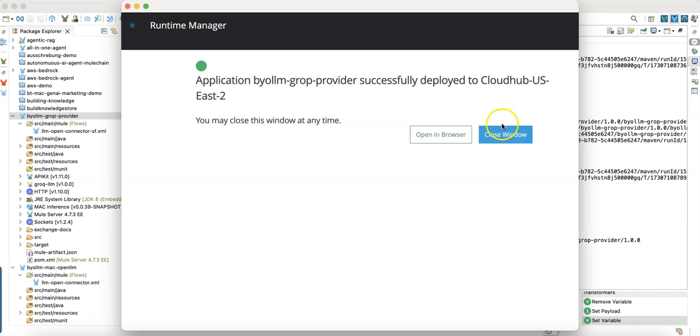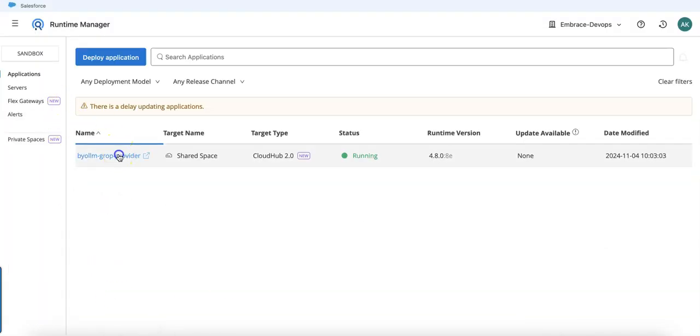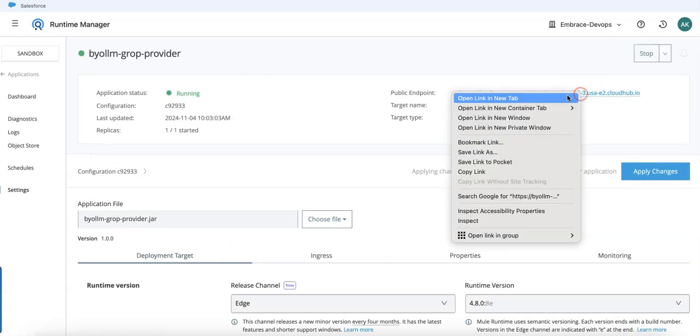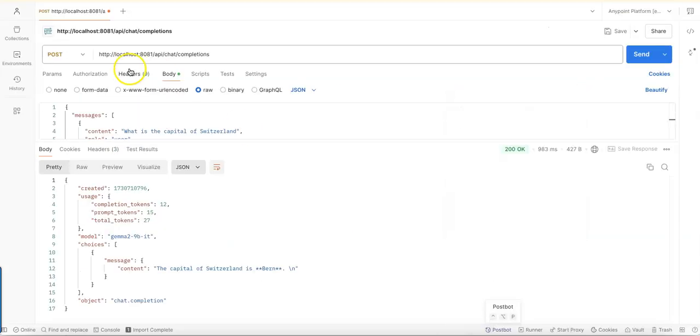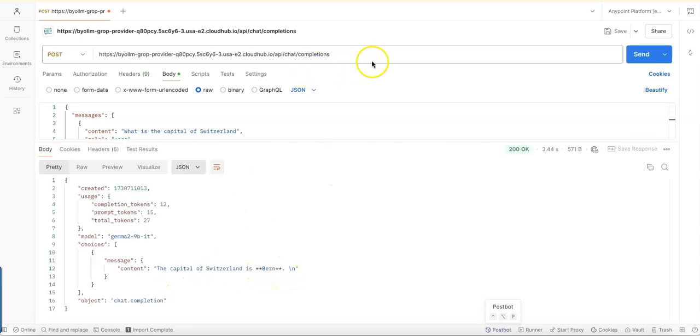So the application is deployed. Let me just close the window here, go into CloudHub, and we can see the application is up and running. I will just test it quickly to see if everything is fine. Just paste the link here and we should be fine. We should receive basically the same feedback. The capital of Switzerland is Bern. Yeah, that's totally fine. Now I can copy the URL and go into Salesforce to implement it in the model